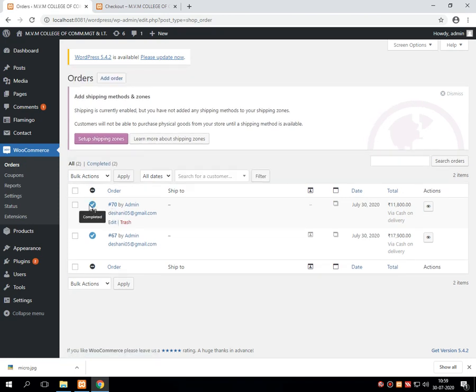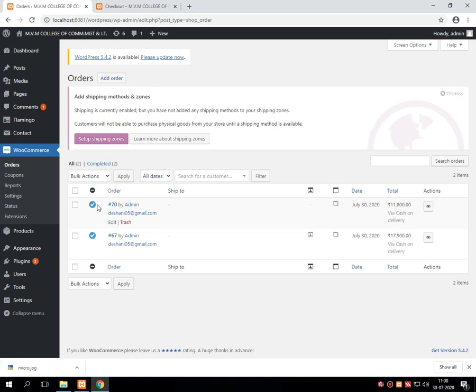Once it is done, a message is fired from the company that your order has been approved by the XYZ company and your order number is 17, your mail ID is so on, your mobile number is so on, your product is so on. You have to pay 11,800 rupees whenever the product gets delivered at your doorstep.